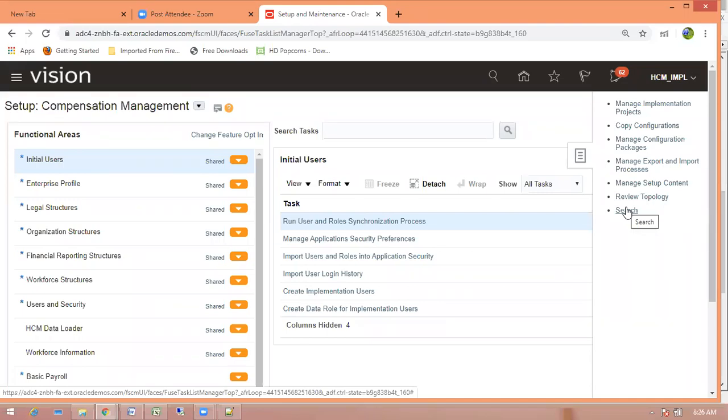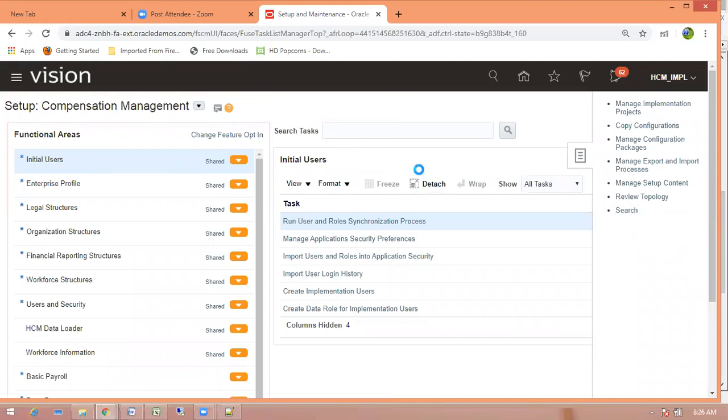If you are an experienced consultant, you know what to create first and what not to create. First, you have to go to enterprise. Then next is not legal entity. There are many other setups also: legal address, legal entity HCM information, legal entities, and business unit set assignment. Many setups are there. But Oracle has one more functionality called enterprise structure configurator. You know that? No, I don't know.